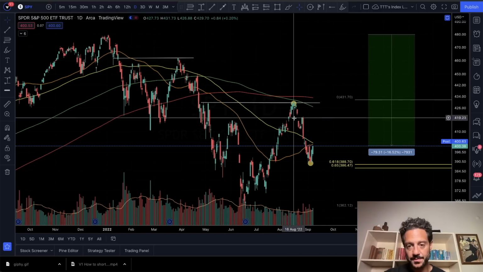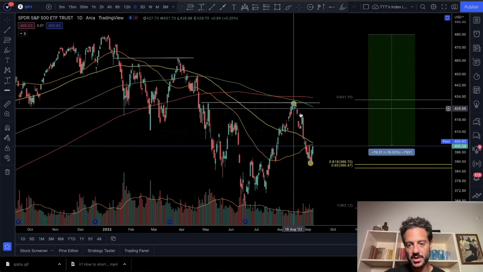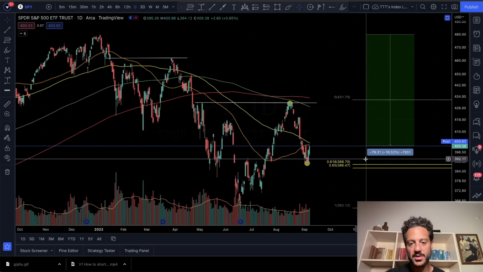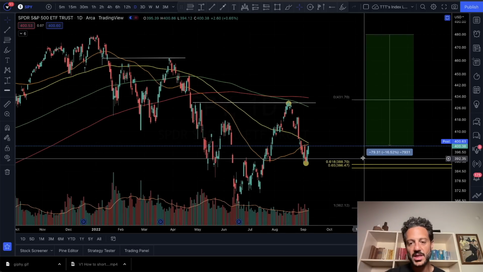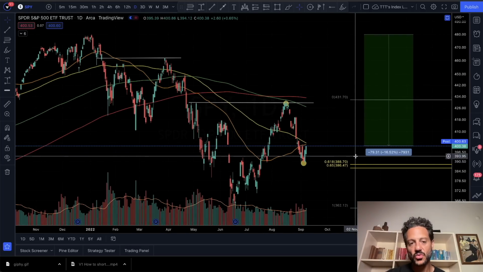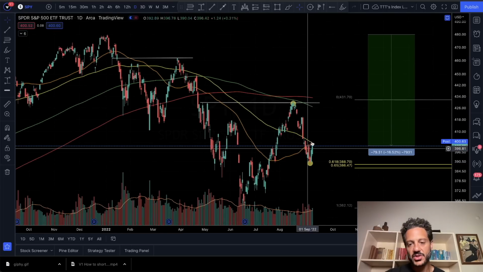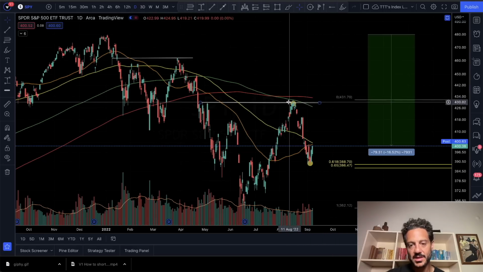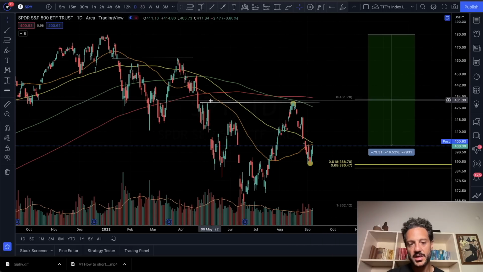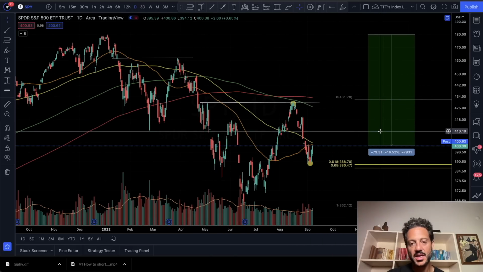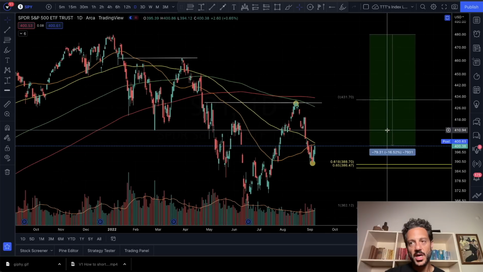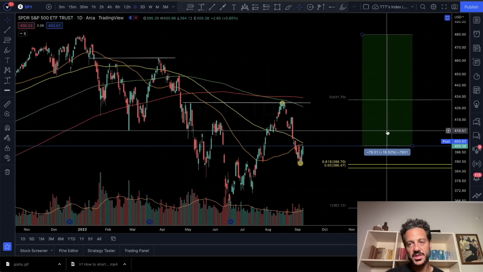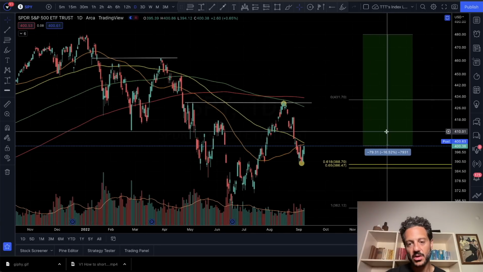Okay, so that is why we shorted the market here. Now, in terms of where the market could end up, this really depends on external factors. Why do I say that? Is this just a technical bounce here, or are we actually going to see the market go back to these recent highs that we saw in August and then all the way back here in May? It really depends on what CPI comes in at, which is September 13th, and it depends on what the Fed